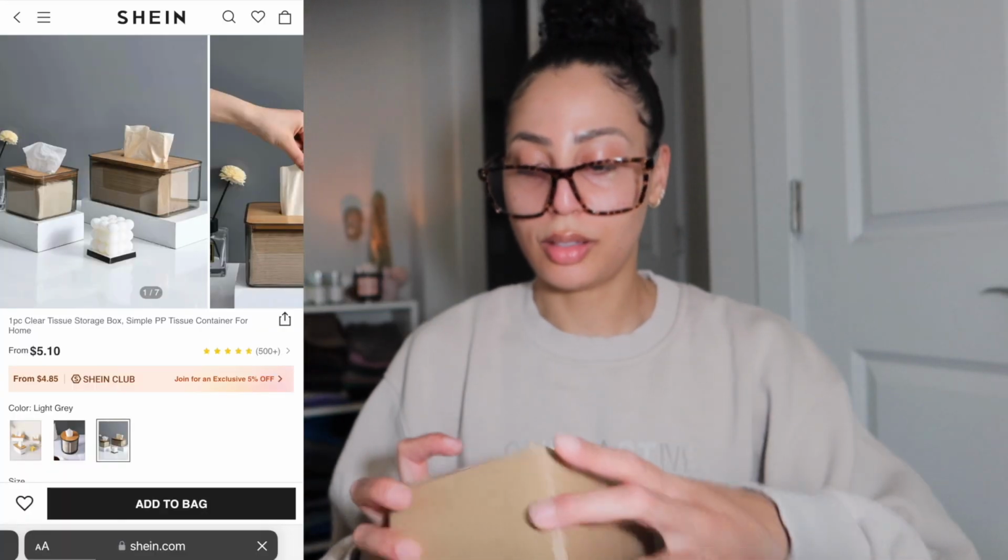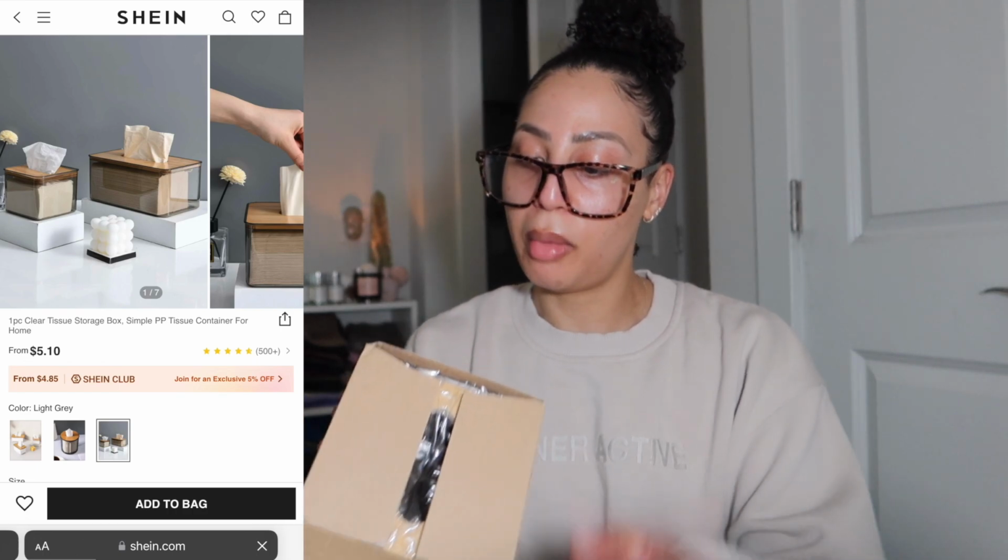I don't know what's in these boxes, you guys, but that's why we're unboxing it, to see what your girl actually ordered. Oh, this is smaller in person too. I remember picking this up. It was a tissue box, an acrylic case, definitely more aesthetic than your traditional cardboard box that tissues come in,